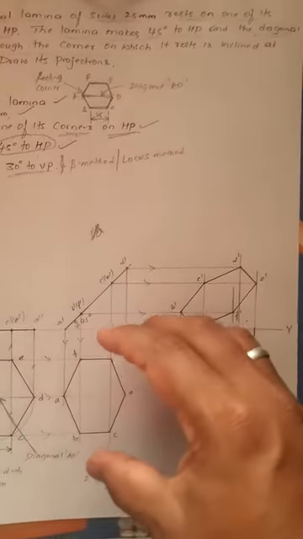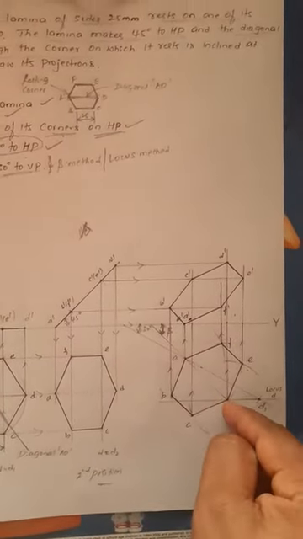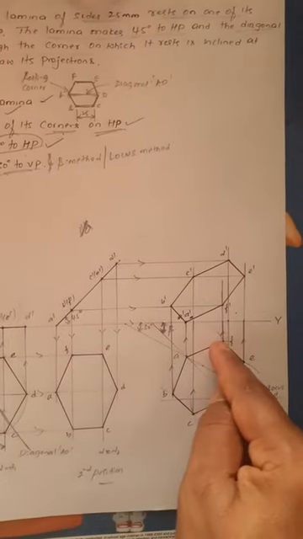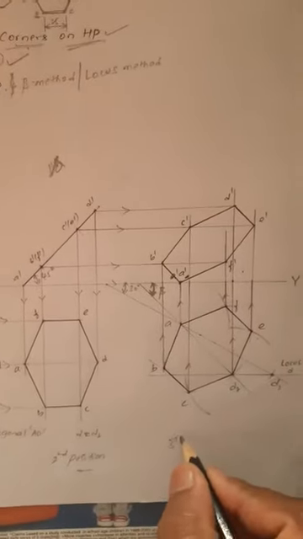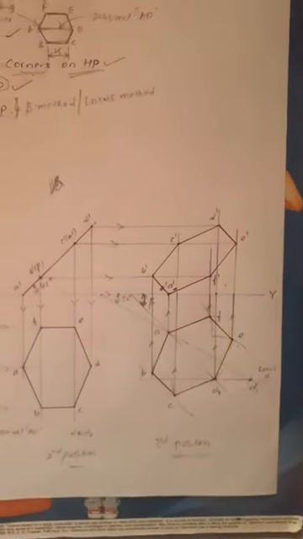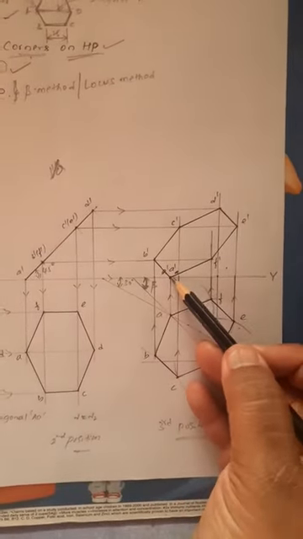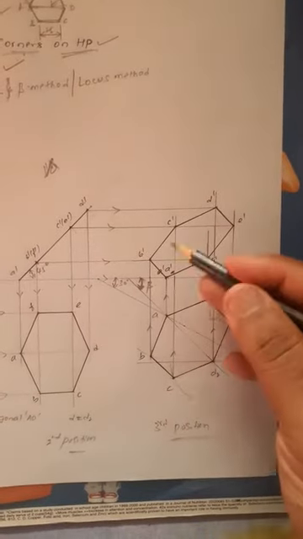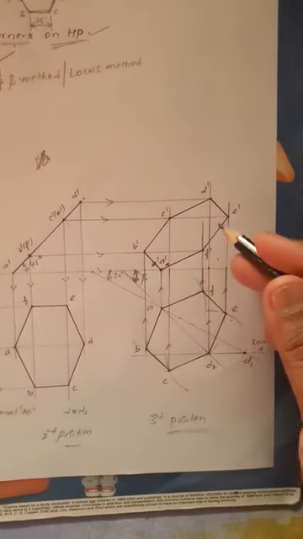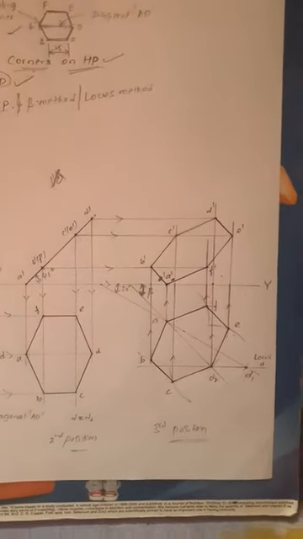See, just place this lamina on the AD2 line, or beta degree line. Then with AD, you will get B, C, D, E, F. Now join all the corners and you'll get the third position top view. Now go for the vertical projector from A and the horizontal projector from A dash, and the intersection point gives A dash. Similarly, for B, C, D, E, F, draw vertical projectors and the B dash, C dash, D dash horizontal projectors. Then join all the corners and you will get the third position front view, right?